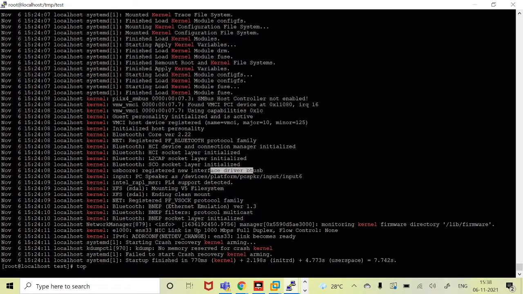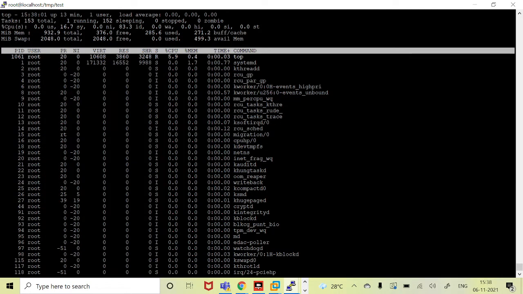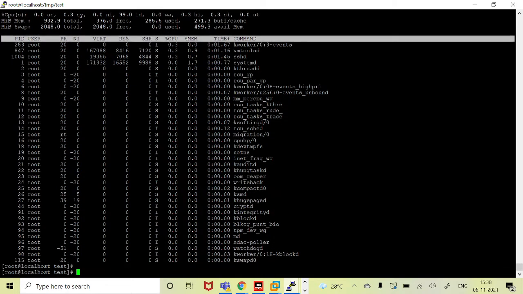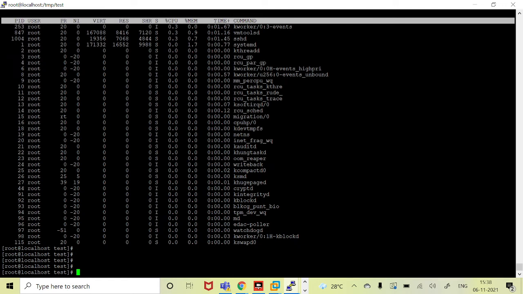Trying to explore more options on this new version. I don't see many options in the top command. Everything is the same. But I came to know that SSSD has additional features.